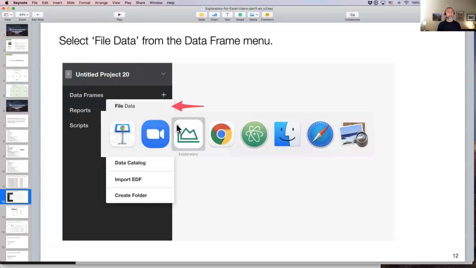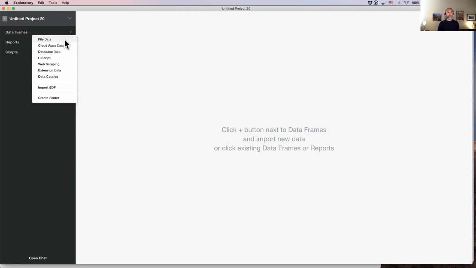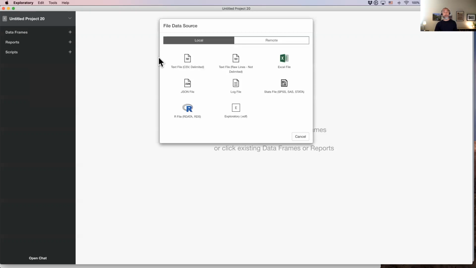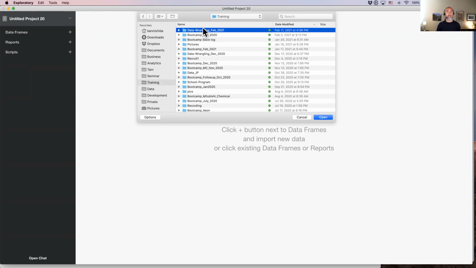I'm going to start in more of a live demo way. So when you import, you click on this plus button, and if that data is a file, then obviously you want to select the file. If your data is in a database, you go to the database data. And this time, I'd like to go with using CSV data. If you have Excel data, then you want to use the Excel option. So the entry points are slightly different, but what you do is exactly the same. So I'm going to select the CSV, and then select the data I was